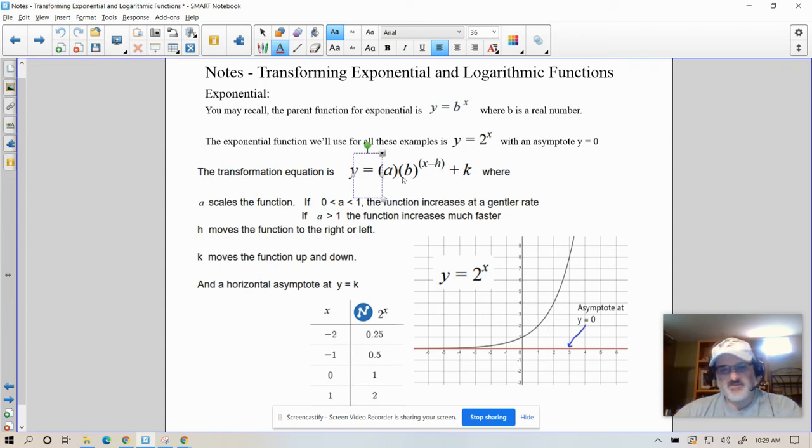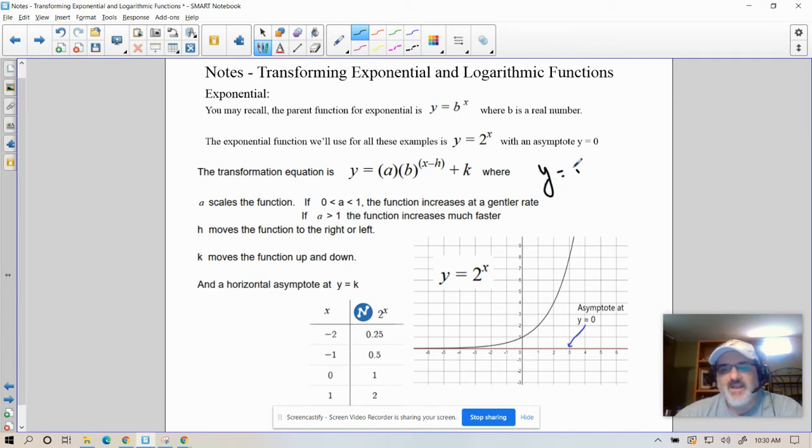So here's the transformational equation. We have a in front, then x minus h, and k. Just to bring your attention back to something that we know previously, if I write this equation right here, y equals a times absolute value of x minus h plus k, that's the transformational function of absolute value. You can see it's kind of similar to this. The a is out in front. Then inside you have the base, but next to the x you have x minus h and then